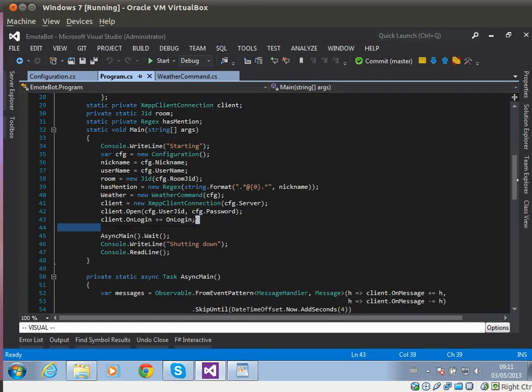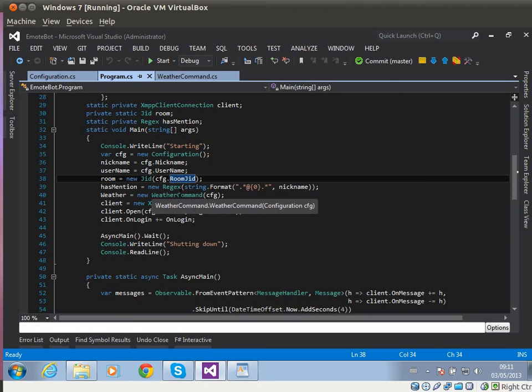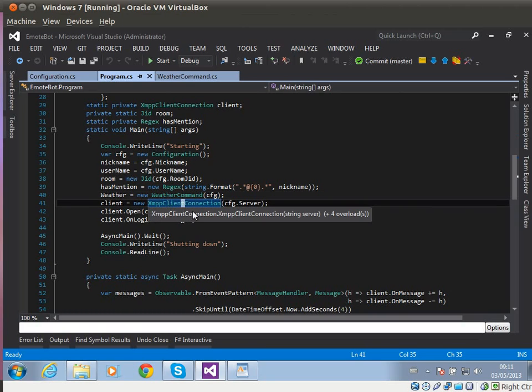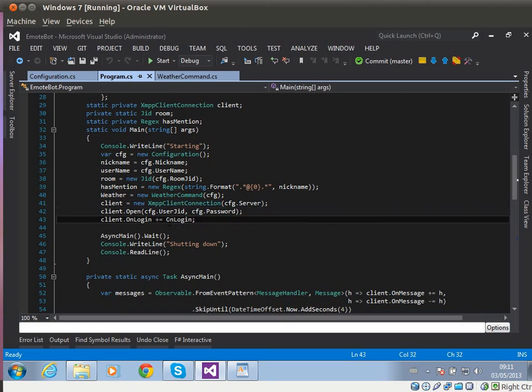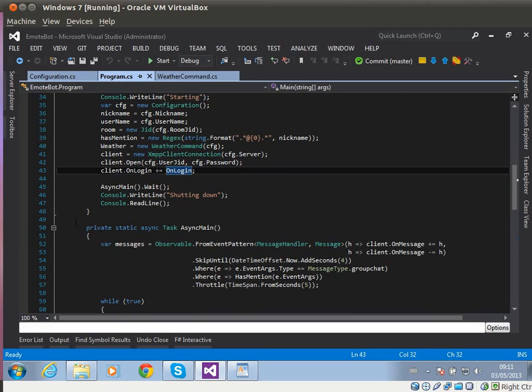We've got a bit of setup work where basically we get our configuration, we set the room that it's going to listen in. So for the DevEd, I've set it to listen in the EmoteBot testing room. Use up one of those weather command classes, sets up an XMPP client, logs in, hooks up a login event, which we'll get to in a moment. And then we get to the main bulk of the program, which it calls